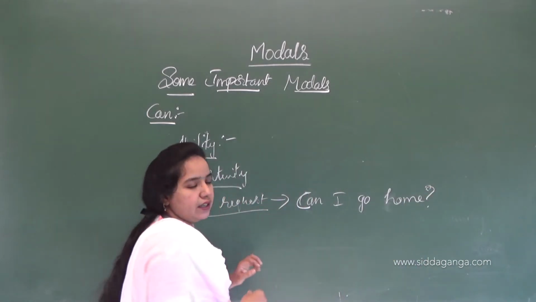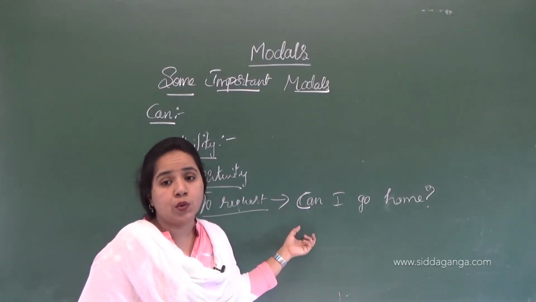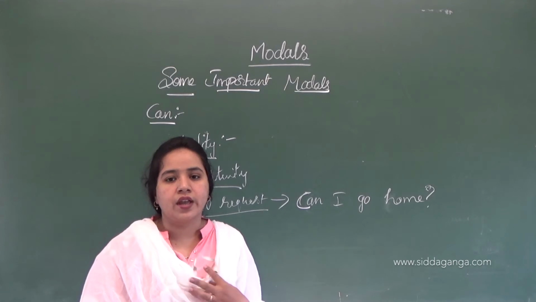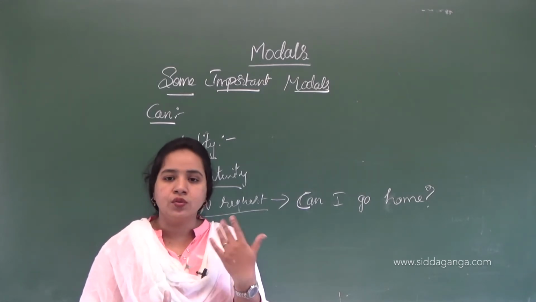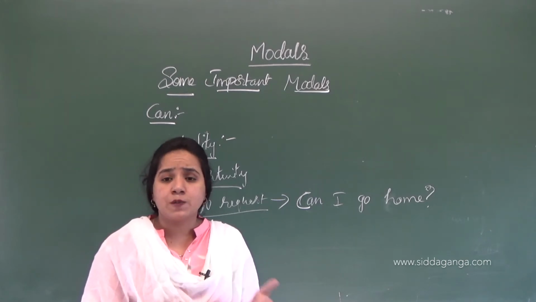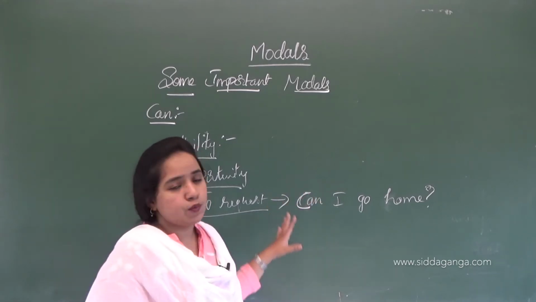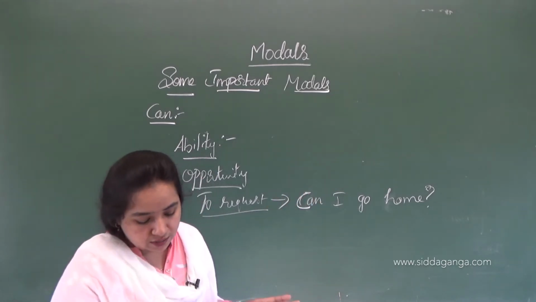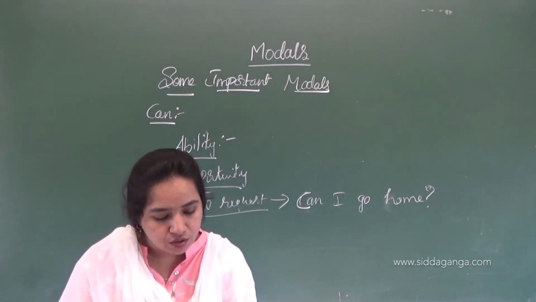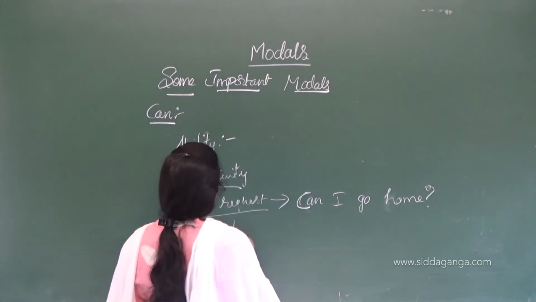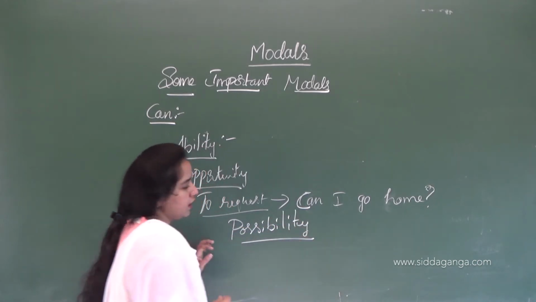In a request form, the modal comes first. So when we request somebody, okay. See why we need modals in English grammar: when we do something in a normal sentence, it doesn't express feeling or ability or permission or request. So modals are very important here. And they show possibility and impossibility, whether something is going to happen or not. That is called possibility or impossibility.